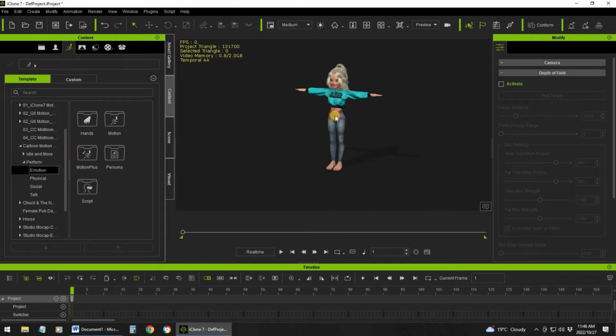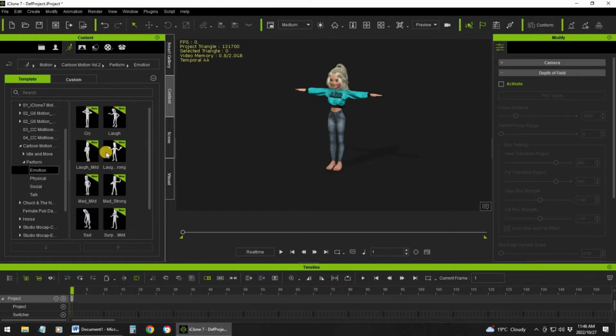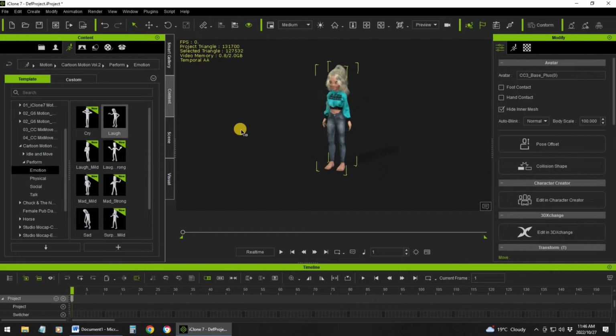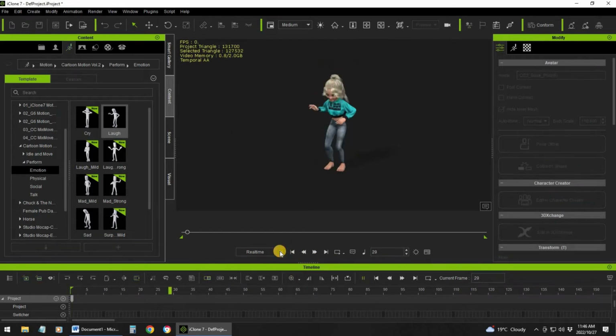You drag it on top of your character. Yes, and let's take this laugh. You just drag this on top of your character, and you press play. And look how easy that was to get my character to laugh.